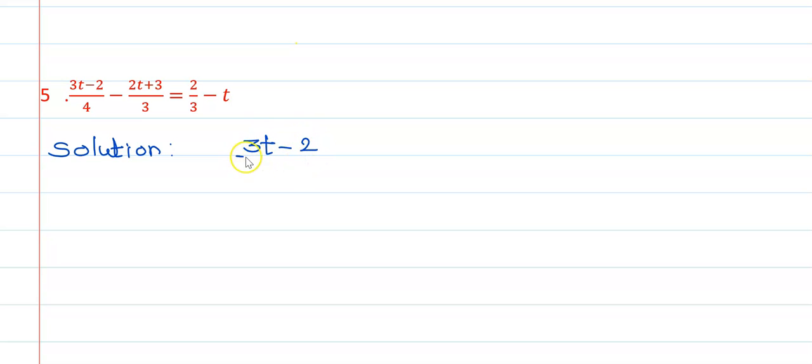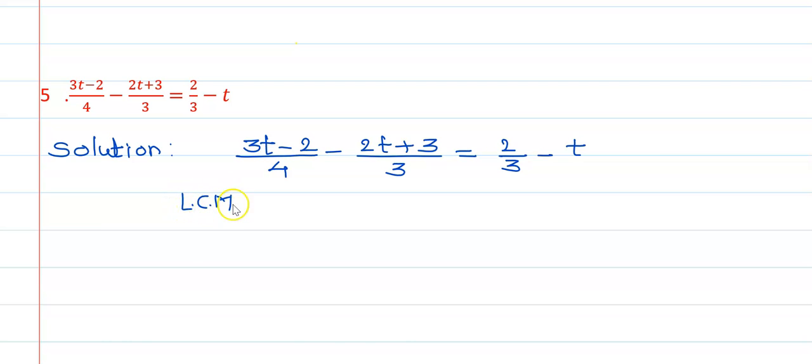(3t minus 2) upon 4 minus (2t plus 3) upon 3 is equal to 2 upon 3 minus t. Okay, now again the LCM of 4 and 3 is 12. Therefore,